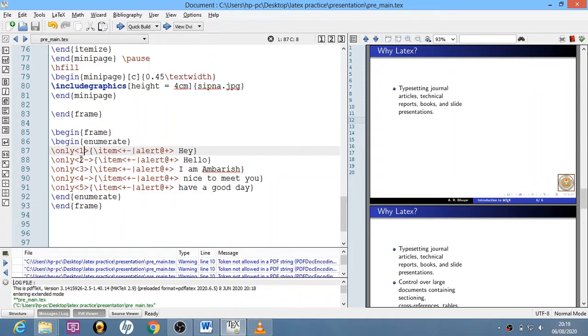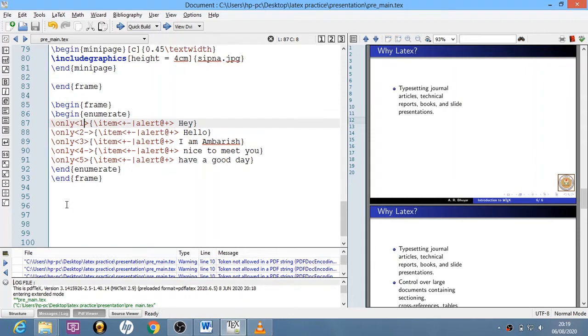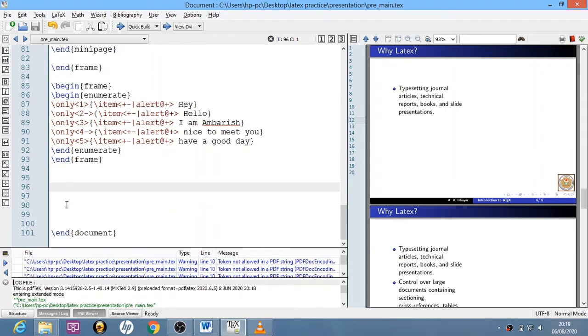And where I see this minus sign, whenever I scroll down, it will move to the next line, and that's why we are getting this effect. So in this way you can add more animation effects to your Beamer document.